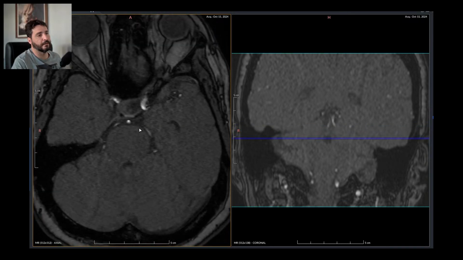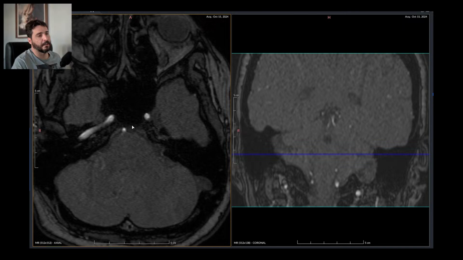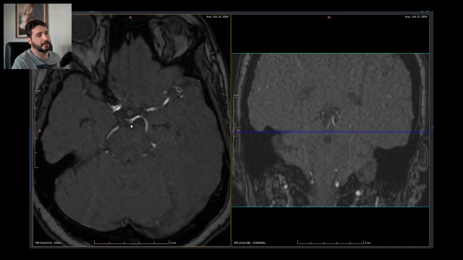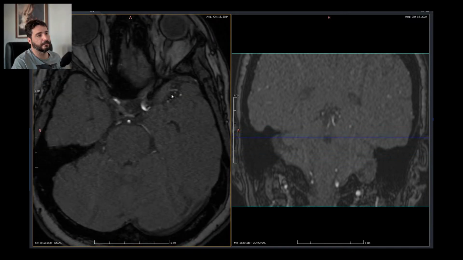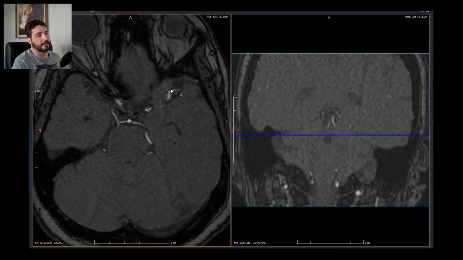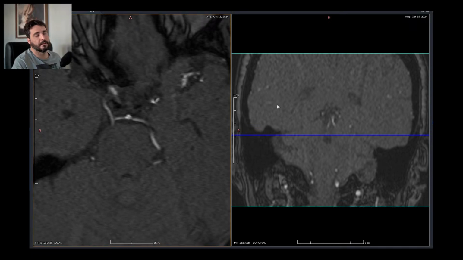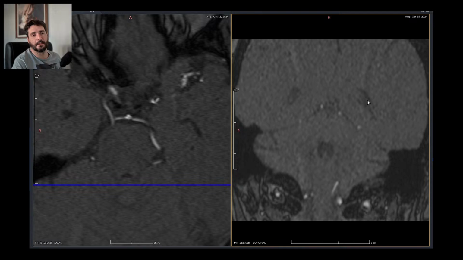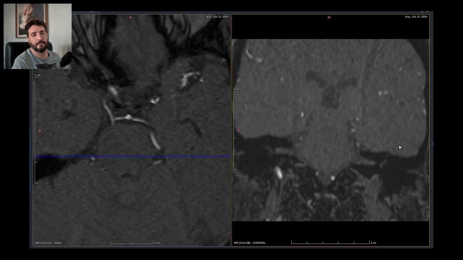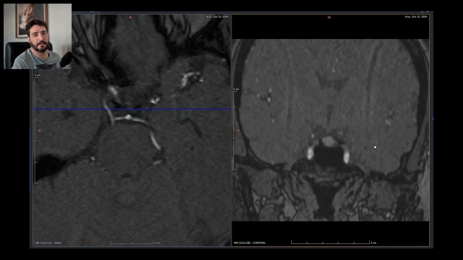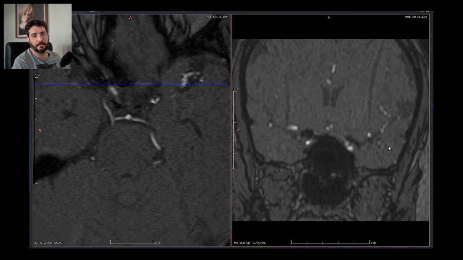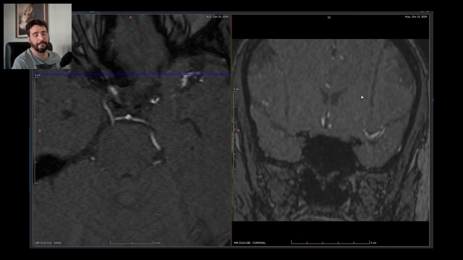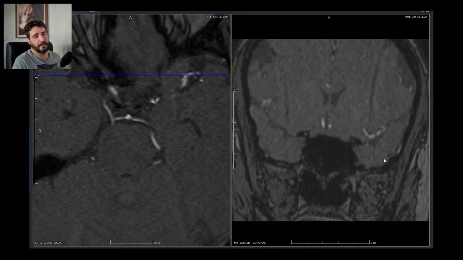So it fails miserably. I can't really say much about this. Just going to look for anything here. This is a common spot: the bifurcation of the M1 segment of the middle cerebral artery is a common spot for vascular aneurysms. Also, the slices aren't isotropic, so the MPR is all